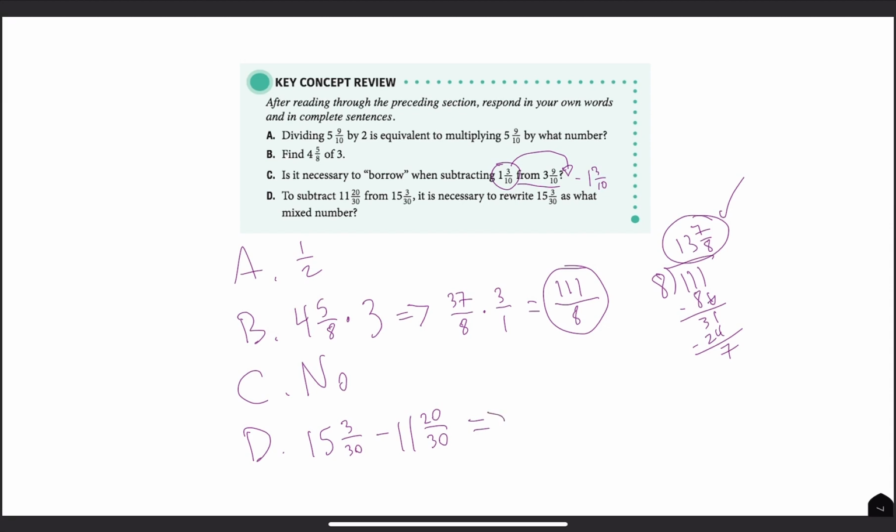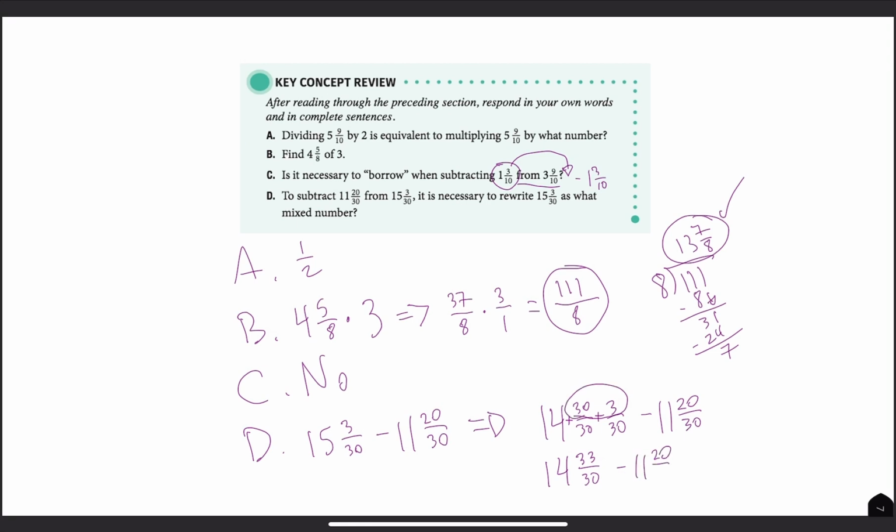And so this will be 14, and then I'll give 30/30 to my 3/30. So really what this would look like is 14 and 33/30 if I put these together,